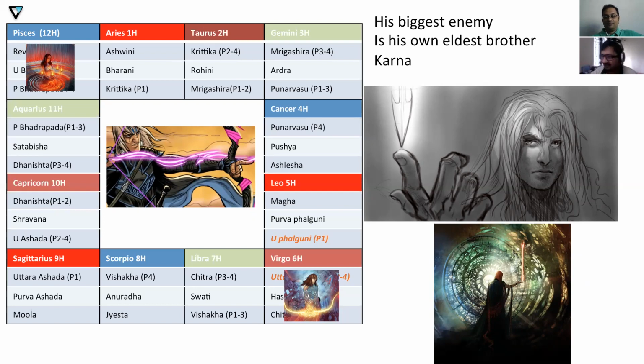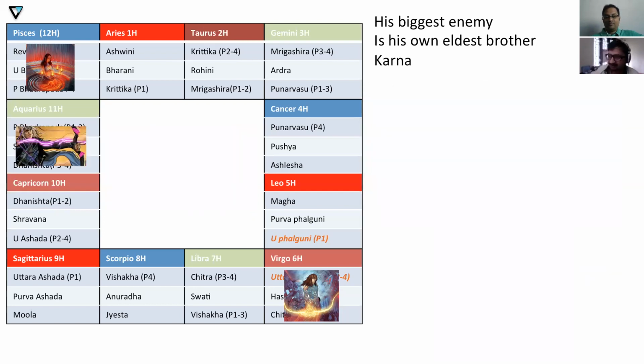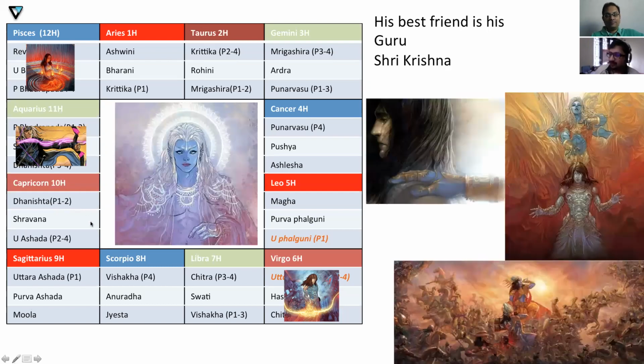And so that's one interesting thing that's coming up when you place Arjuna's moon in Virgo, Uttara Phalguni. So his biggest enemy is his own eldest brother, because Aquarius is the natural elder brother sign of the 11th house. Now moving forward,